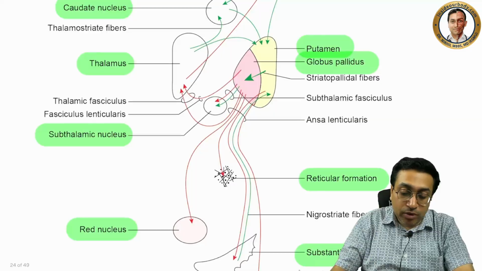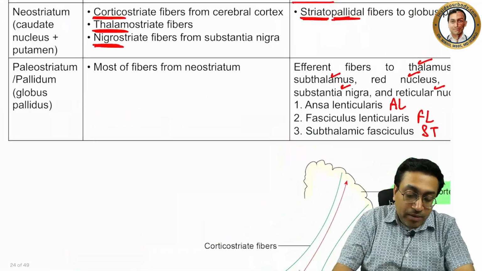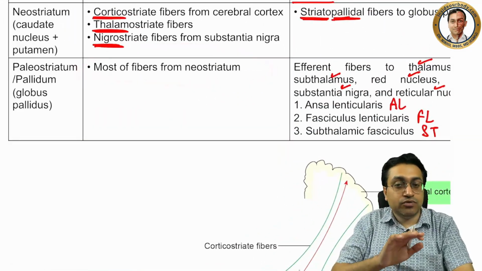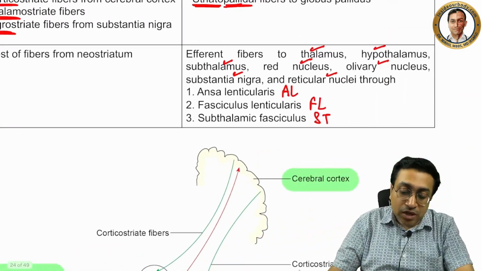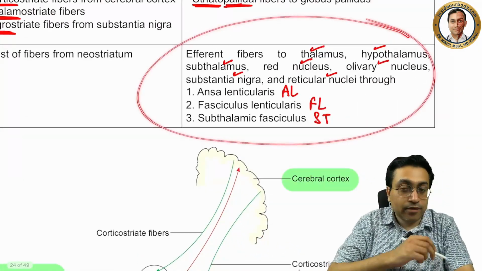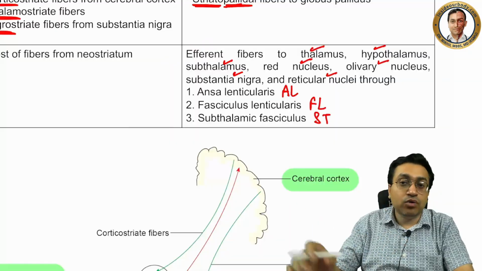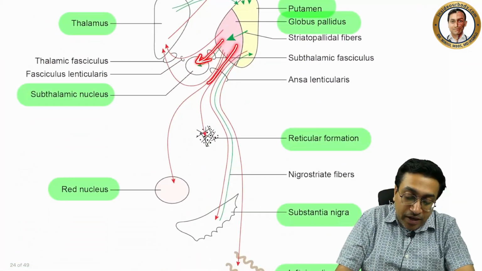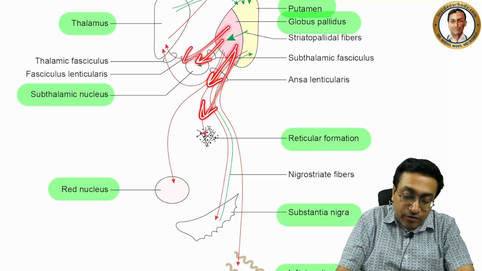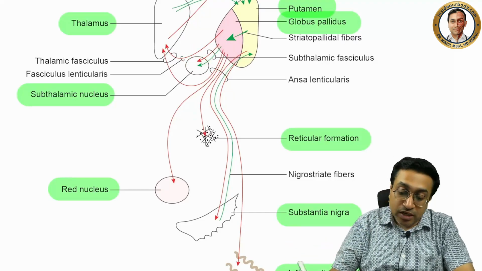Now we talk about the pallidum. Now pallidum has received most of the fibers from the neostriatum. I hope it is crystal clear to you. Now we are looking at this part. We have to send the efferents out of the pallidum. Now you see, the entire pallidum is sending so many efferents to multiple places. Now you see the names: